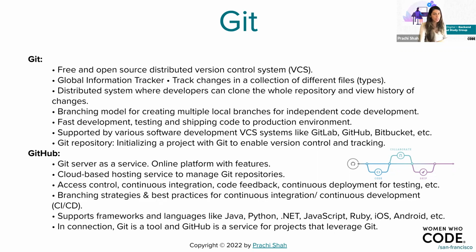So it has really made the development and testing process super efficient. Like I mentioned before, GitHub is supported by many different languages and frameworks, and Git is just a tool, and GitHub is a service for projects that leverage Git. And in a nutshell,